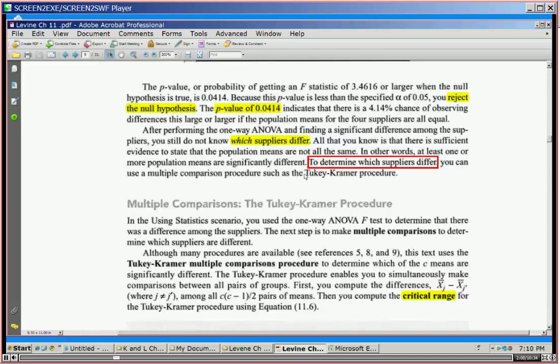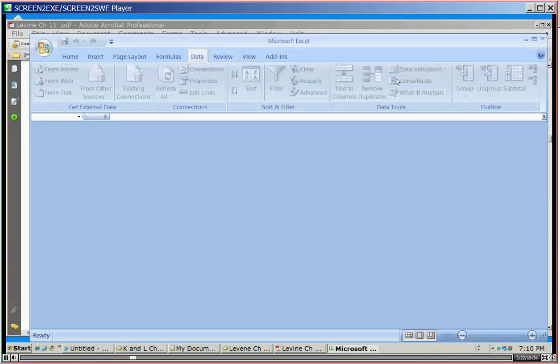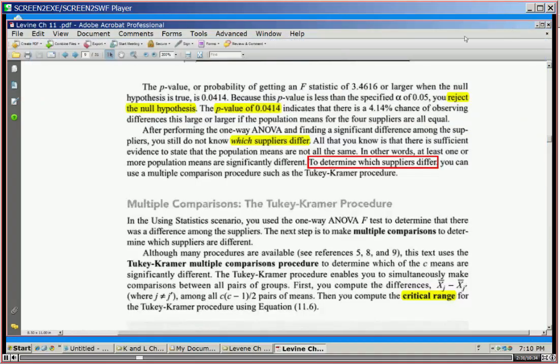There are many procedures which are used for pairwise comparisons to answer the question, again, very vaguely, which suppliers differ. This book uses a Tukey-Kramer procedure. Now, the Tukey-Kramer procedure is not built into Microsoft Excel's Data Analysis pack. So to run this, we're going to have to do one of two things, and we'll do both on this video. We had to install